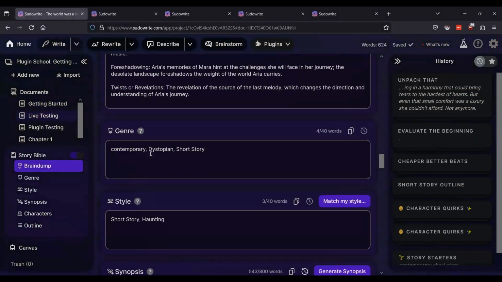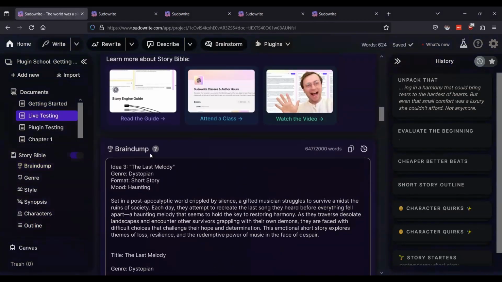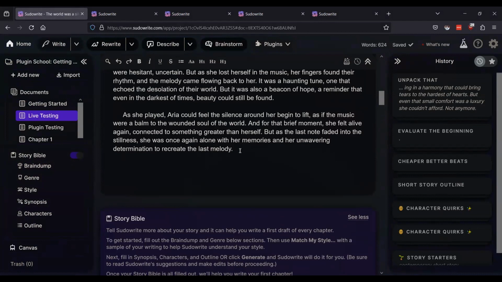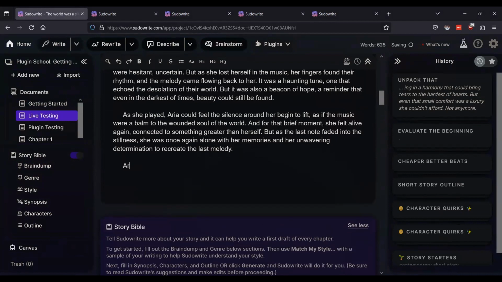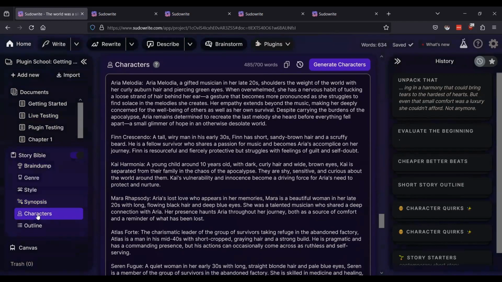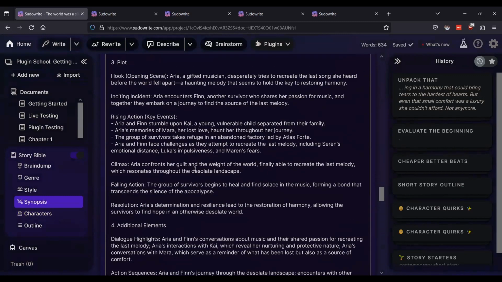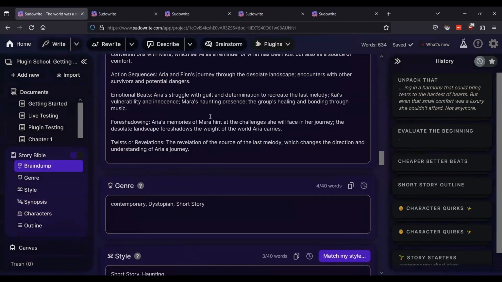But we'll go to where we left off here, and we're just going to have Arya think back to the last time she spoke with, I think her lost love was Mara. Wait, okay. Yes, Mara Rhapsody. So we'll scroll back up here